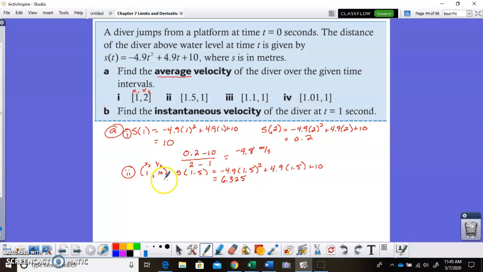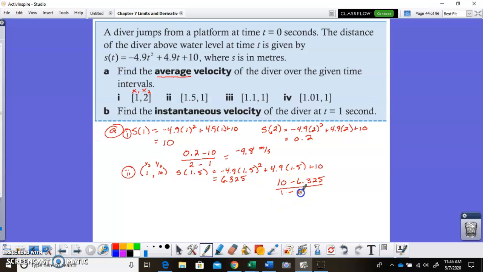Okay, let's take my 2. So 10 minus 6.325 divided by... they're kind of giving it to me in a weird order. I think that's what's screwing me up right now. But anyway, and then my x's are